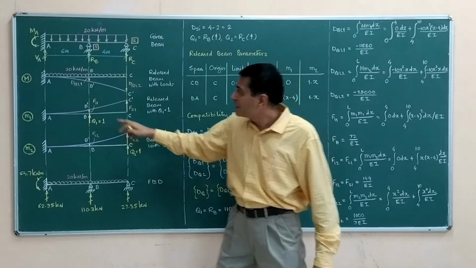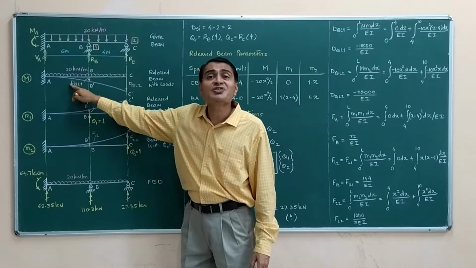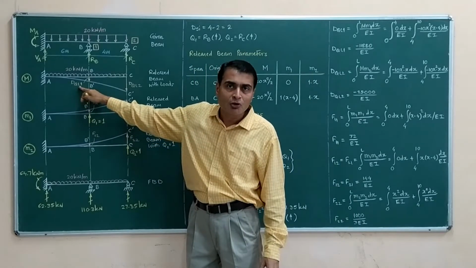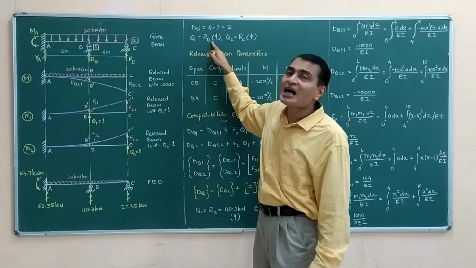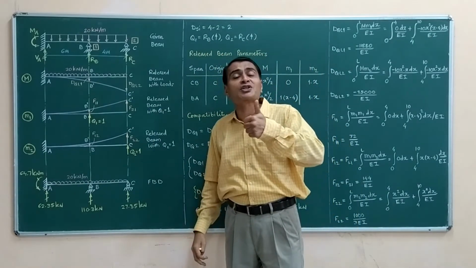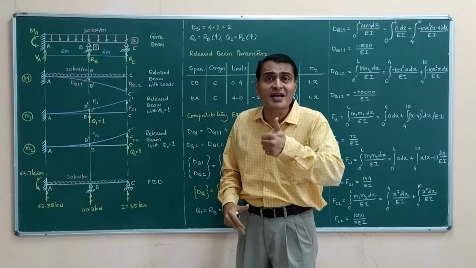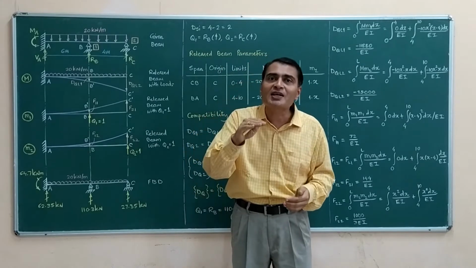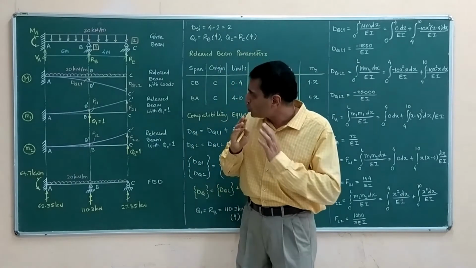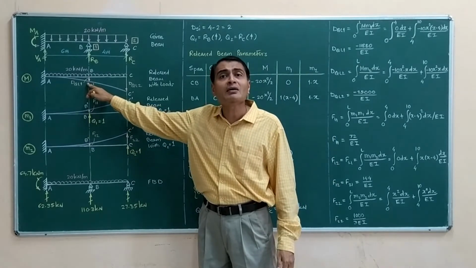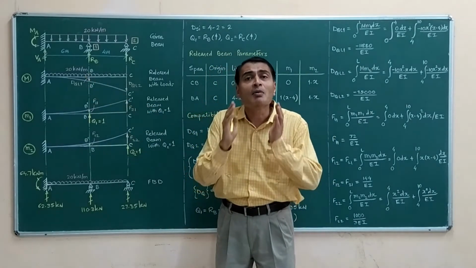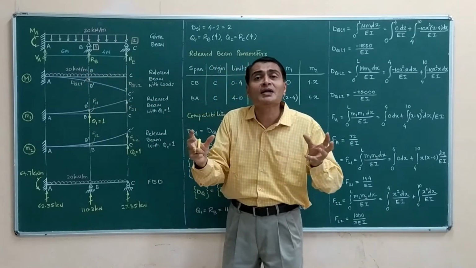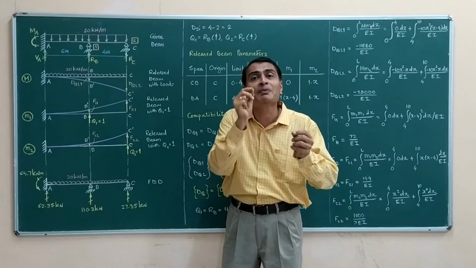So coming back to DQL1 means displacement corresponding to Q1 due to loads. What is Q1? Q1 is RB. That means a force reaction, not a moment reaction, but a force reaction. So corresponding to force, my displacement has to be a deflection, not rotation. So though we have some theta B here, I am not paying attention to it. My focus is deflection B to B prime, which I am calling as DQL1 because it is happening at node 1.